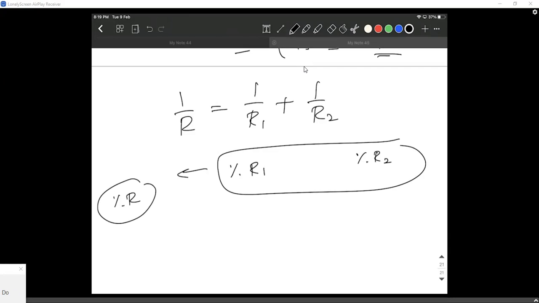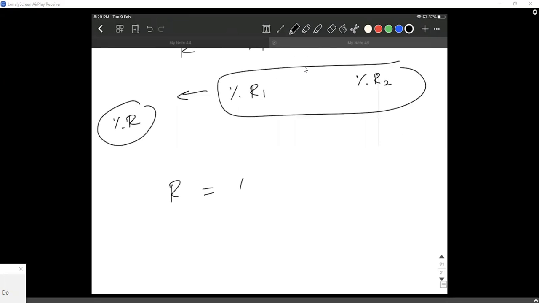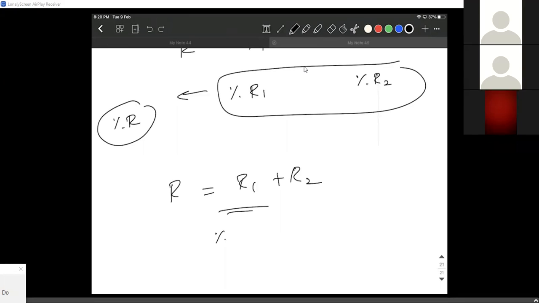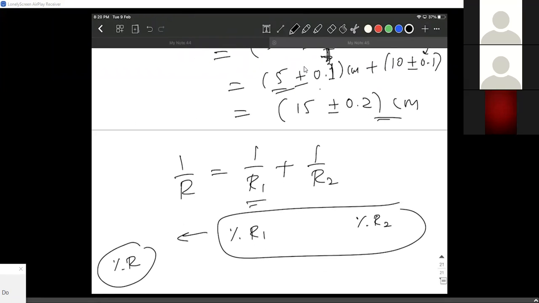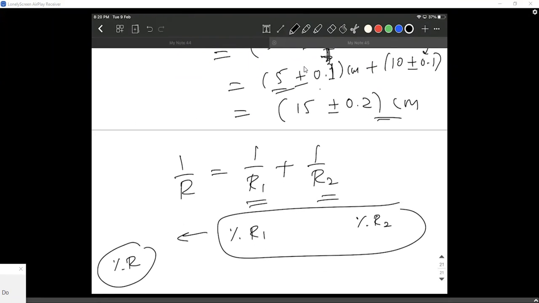Okay. The same thing, you cannot do the same thing. This is an inverted value. You're not directly adding R1 and R2. There's a difference. In this question, you directly add errors. There's no problem in that. But in this question, we have 1 by R1 and 1 by R2. You need to be careful when you do this question. Okay, guys. So you cross multiply and all. Try to do the question and let me know. This is an interesting and important question for you people.